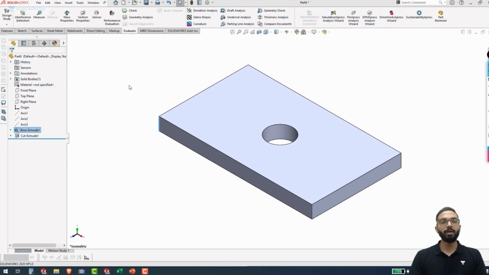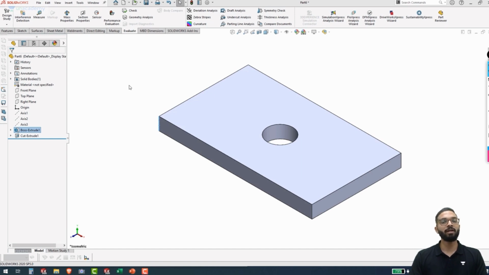I hope with this small example you've got an idea of how we create features and how we edit these features and the parameters, that are our dimensions and relations that we use to create the sketches. Also, in this video I hope you learned how to create your customized format for your part file. You can create a similar template file for your assembly files. It is not a different case, but